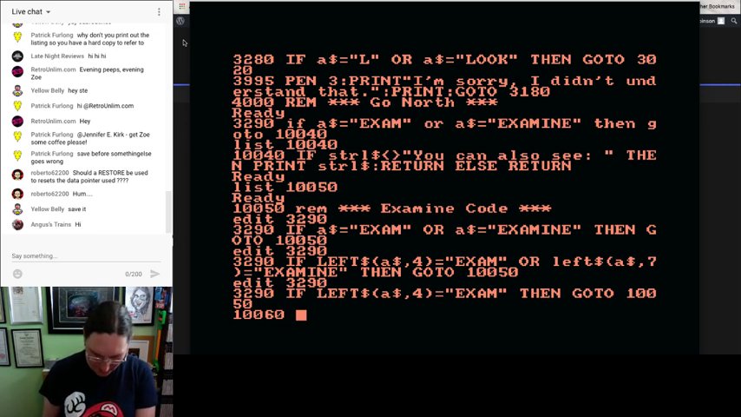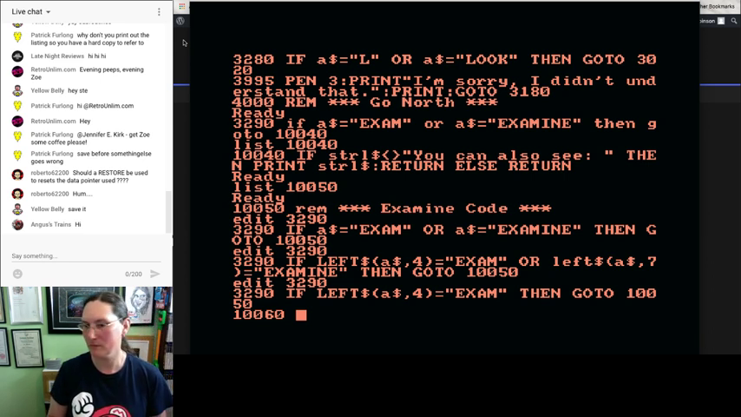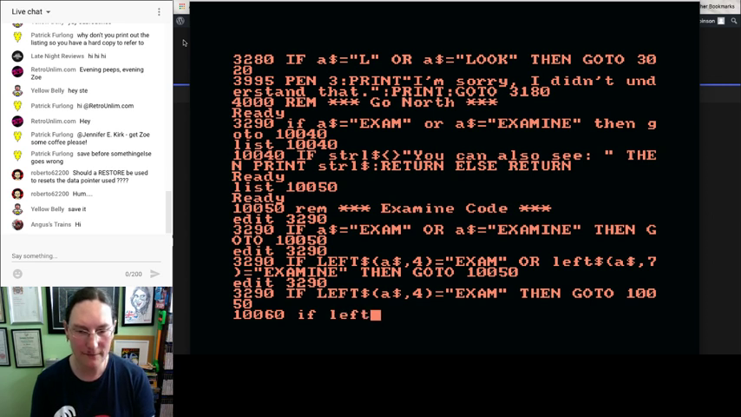Now I need to find the way to determine what is in the string, and I need to know where the spaces are. Now here's the thing. I know I originally coded this adventure game in Second Life, and there was a great command in Second Life that would find a space and split a string into 2 strings based on the spaces. Now I need to know how to do that in Locomotive Basic, and I have a horrible feeling that we can't do that. But we can split this into 2. So if left string, a string, comma, 5 equals exam space,